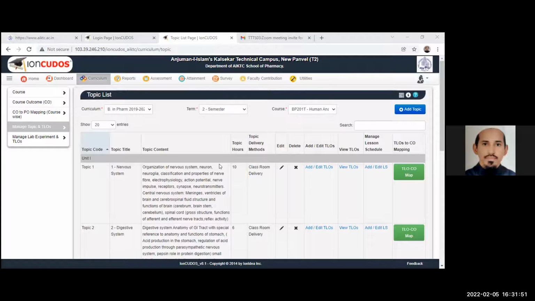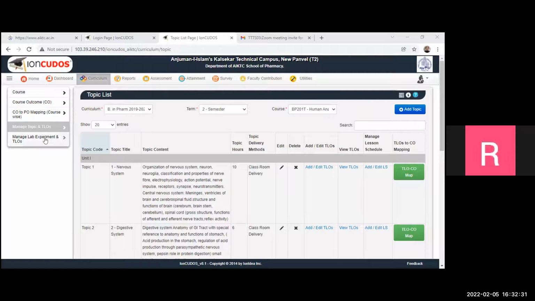Sir, you are not audible. Yeah, now am I audible? Yeah, now audible. When I imported, only the first option, course outcome, came into that window. But I did not see CO to PO mapping when I imported. So, sir, there is an option. You can select CO to PO mapping, or else you can map it, sir, as per the discussion with your BOS member. You can map it at one time only.